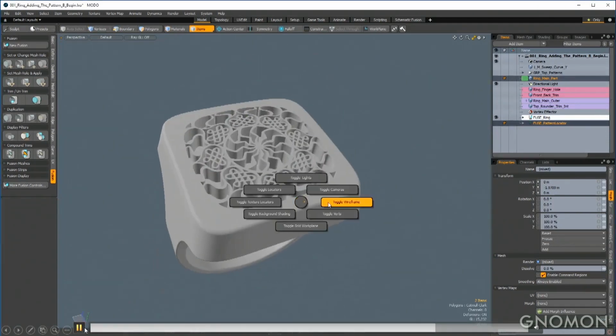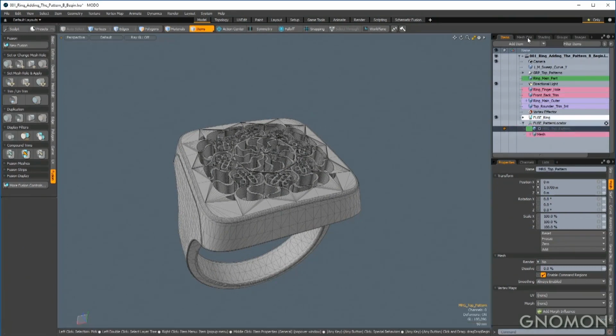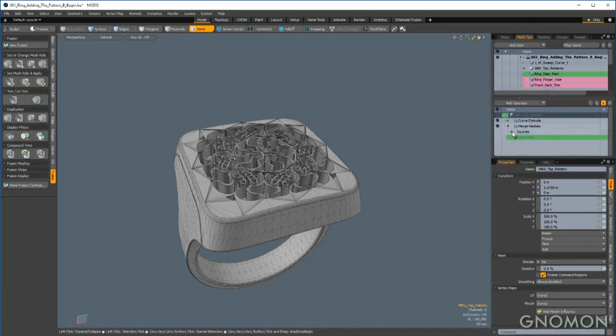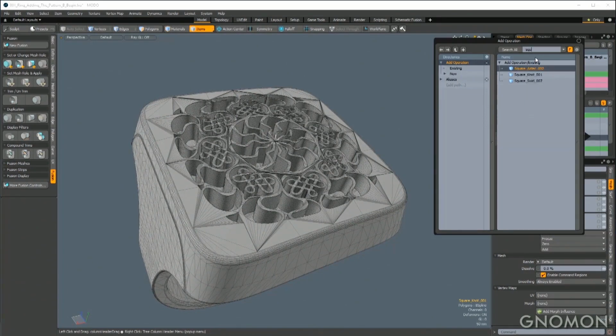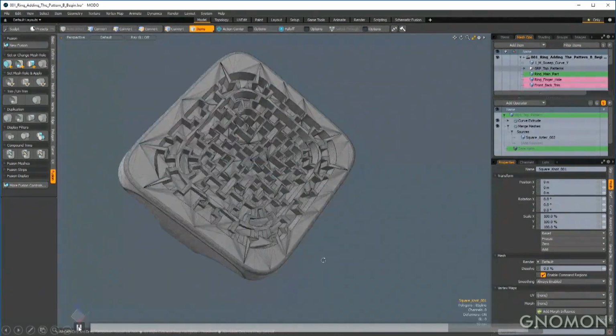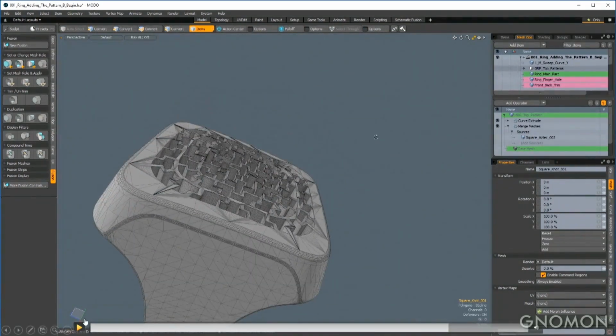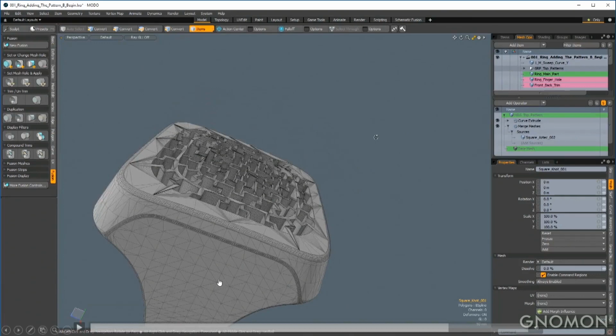Now, what's really cool about this is that because we used the merge meshes mesh operation, I can return to that mesh operation. And then in the mesh ops procedural stack, I can expose the source. And this is really cool. I can use that little button, that little black circle with the two arrows, to switch the source. So now I'm going to switch to the Aztec design. And every mesh operation that's subsequent to the merge meshes operation actually propagates down the line. So it's taking into consideration the curve extrude, the compound trim, and the subtraction from the first fusion item.